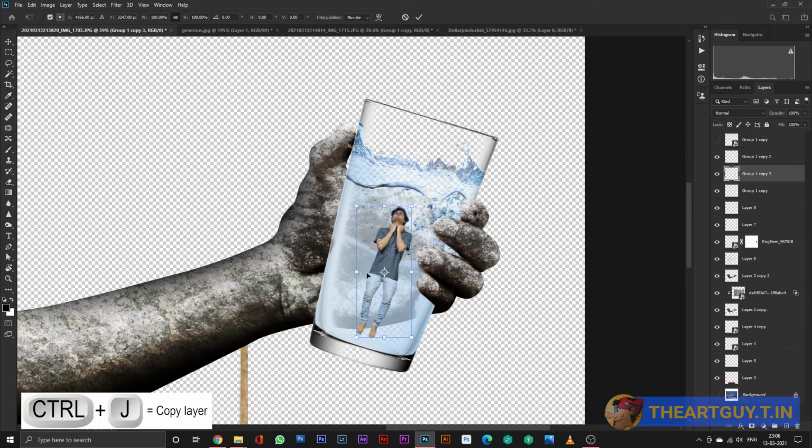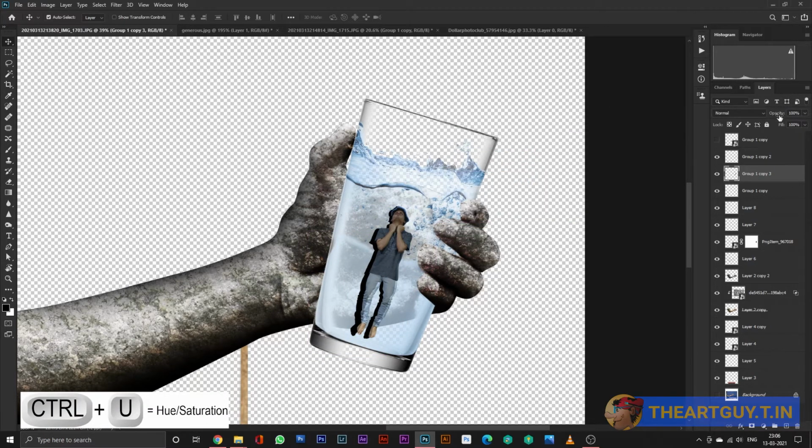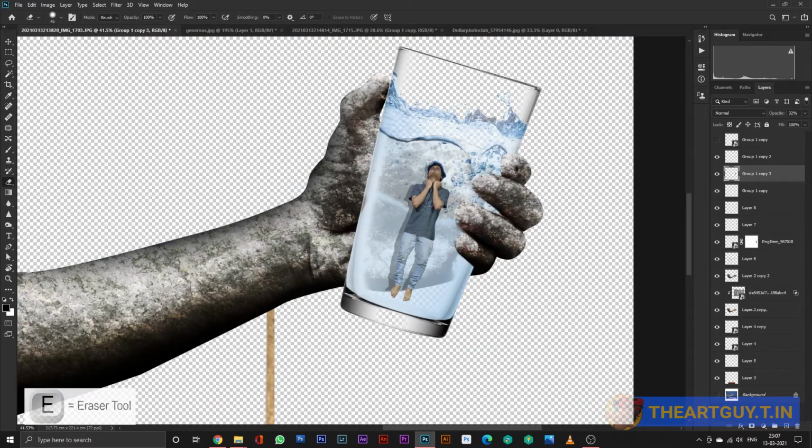First, I copied my own layer. I pressed Ctrl U, then I gave hue and saturation, and I made it into a dark image as a shadow. Then I erased half of it using the eraser tool so it could look proper. Once I was satisfied with this, I